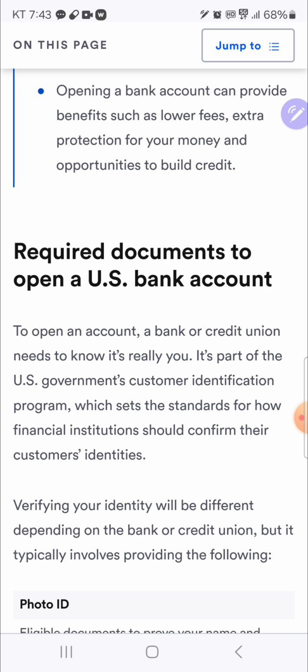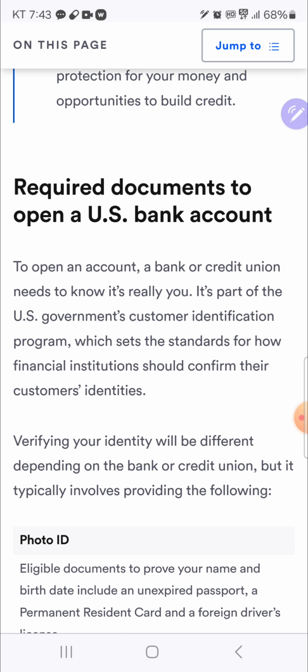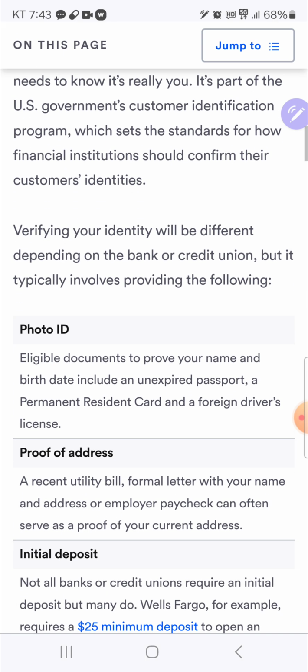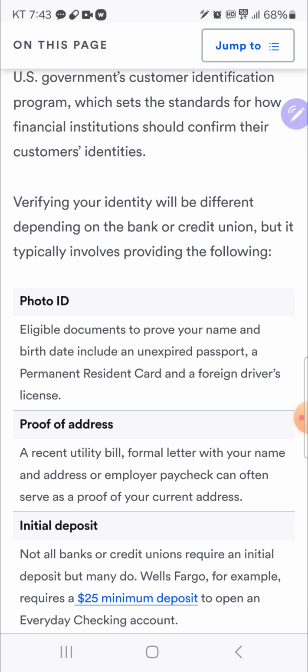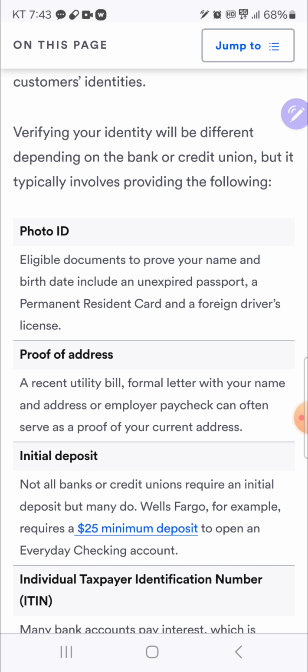Required documents to open a U.S. bank account. To open an account, a bank or credit union needs to know it's really you. It's a part of the U.S. government's customer identification program, which sets the standards for how financial institutions should confirm their customers' identities. Verifying your identity will be different depending on the bank or credit union, but it typically involves providing the following: photo ID, eligible documents to prove your name and birth date